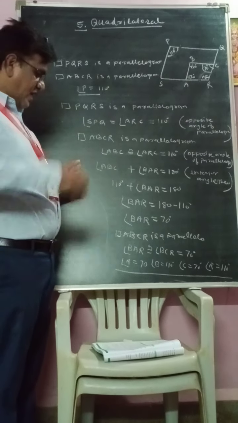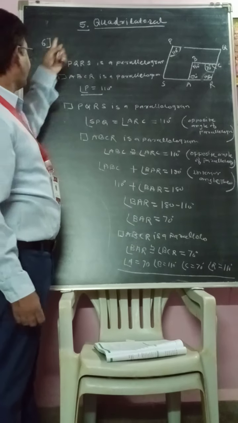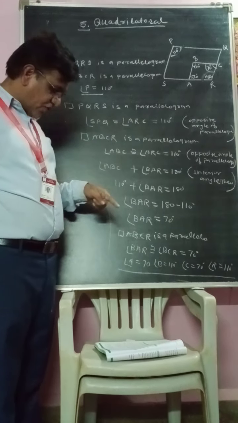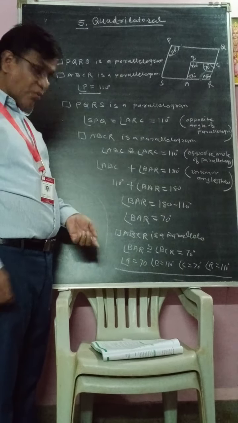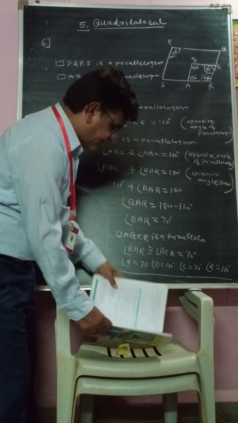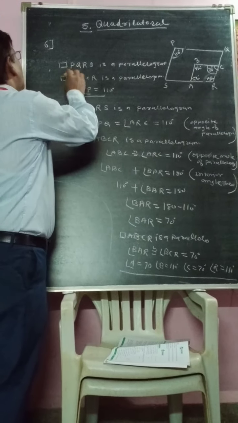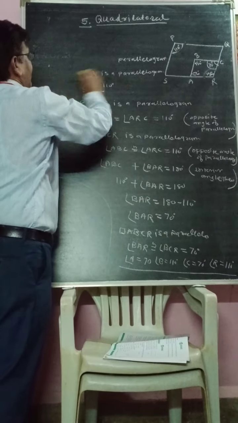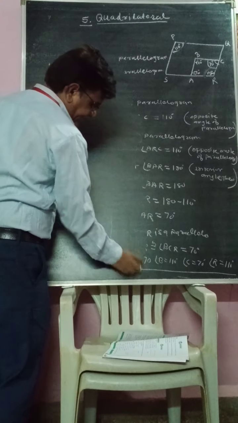Now see, in this exercise only 7 questions are there. We completed 6 questions and the 7th question is omitted from the syllabus. So we have to omit this 7th question. Now see, after this exercise, we come to the next exercise and the theorems related to the next exercise. Now which are the theorems related to the next exercise?